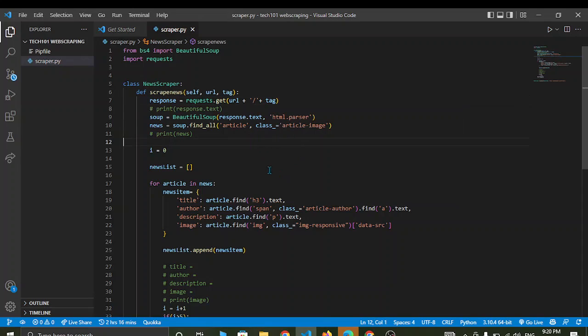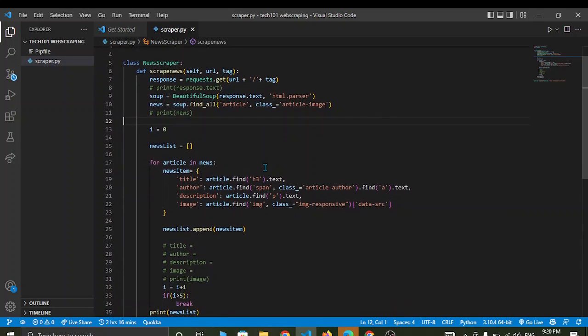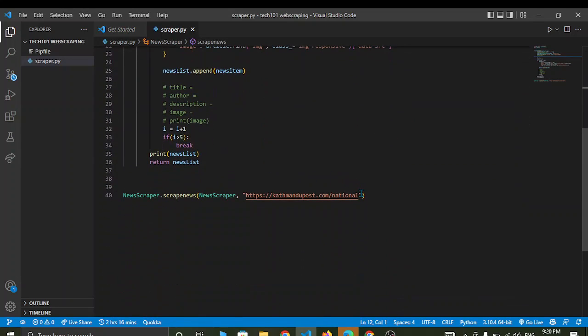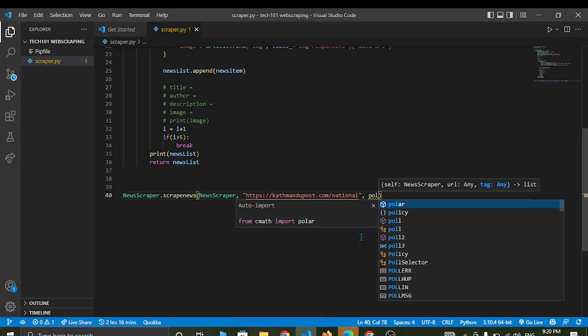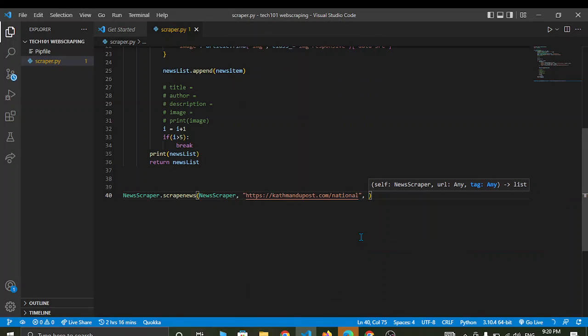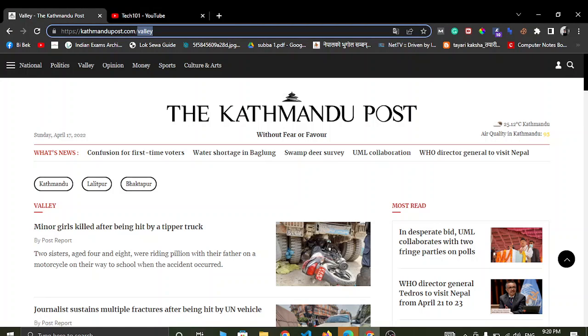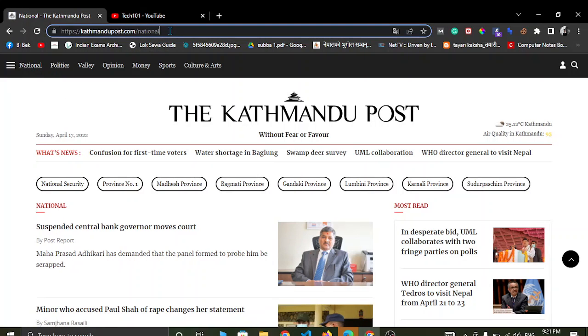Now our URL structure will be kathmandutimes.com/tag name. Now we'll provide the tag also. Actually it is going to be a string, and yes, now